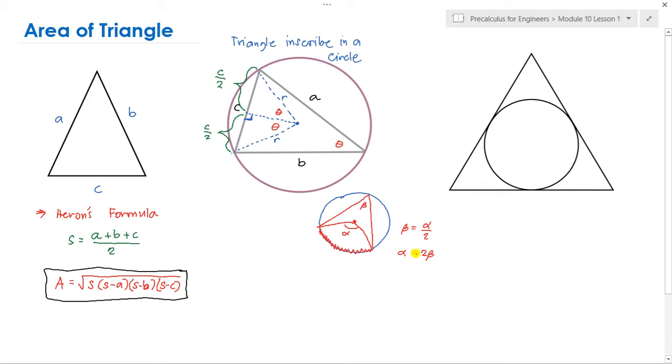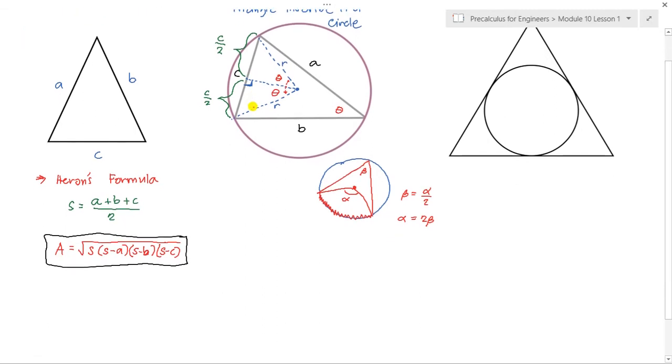Applying this to our figure, if this is theta, automatically the angle subtended by these two is 2 theta. Since it is halved, it is theta again. Okay, so I hope you are not confused. So here is what we have. And next what we are going to do is